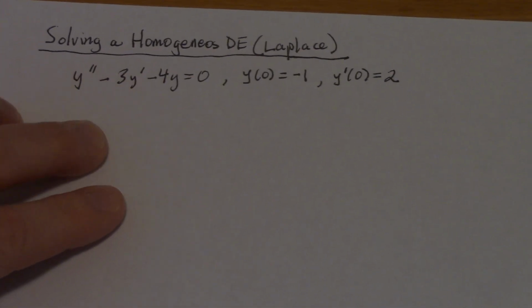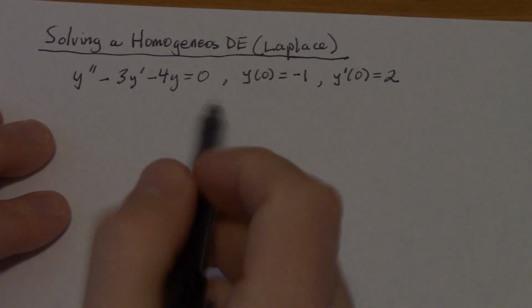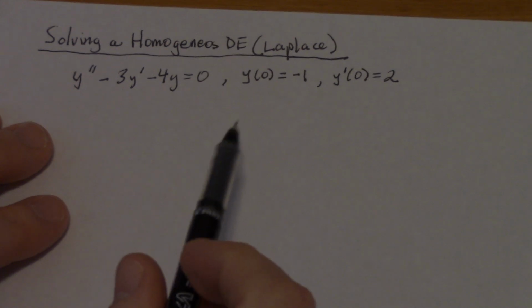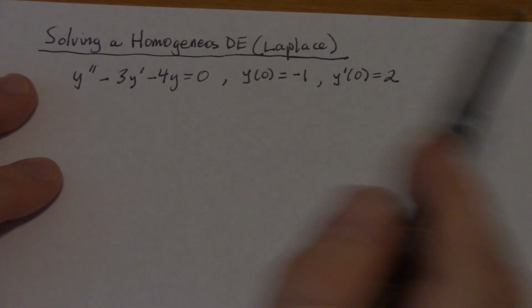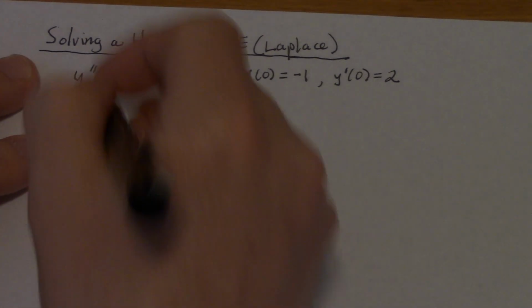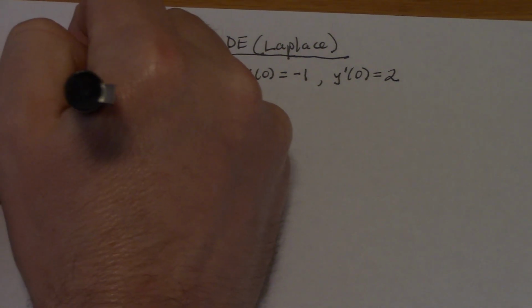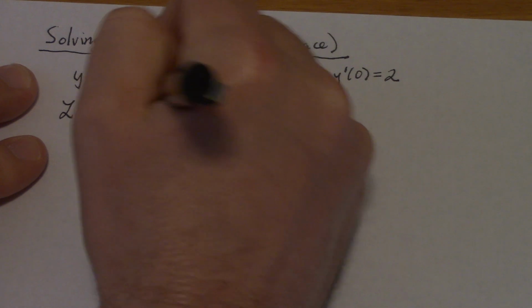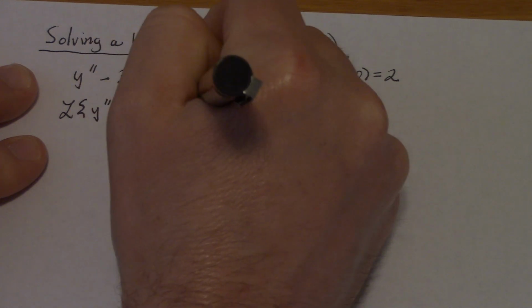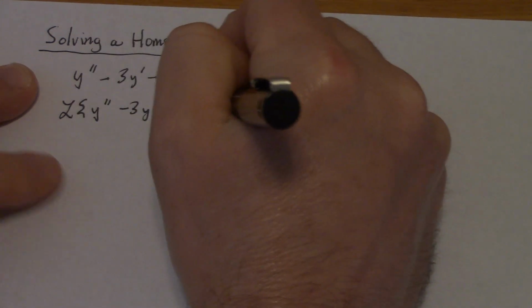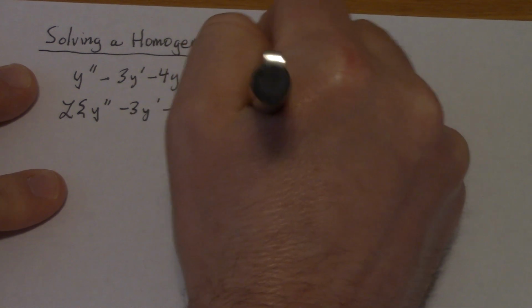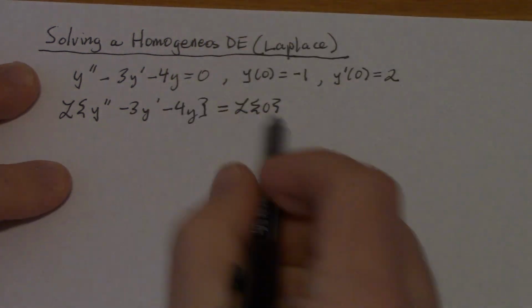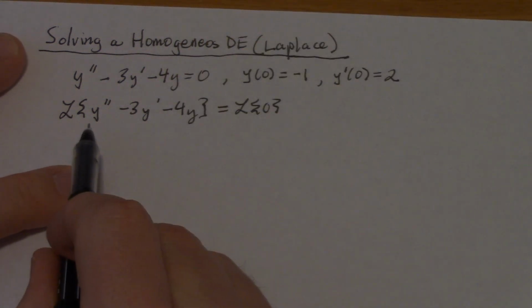Okay, class, in this video we're going to solve a homogeneous differential equation with Laplace transforms. So here's my IVP. The first step is to find the Laplace transform. Okay, so we take the transform of both sides, and over here we use the